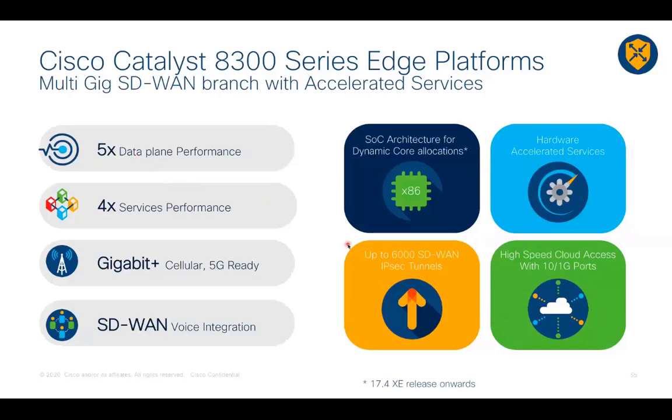In terms of scale, we have much improved scale to support up to 6,000 IPsec tunnels on both traditional and SD-WAN use case. This is just an example. The scale has been increased for a lot of other features as well, but just to highlight here on IPsec tunnels. In terms of security, we do support a full stack of SD-WAN security, but what is differentiating this platform from ISR 4400 is these platforms come with more services cores in the service plane and now with better services performance.